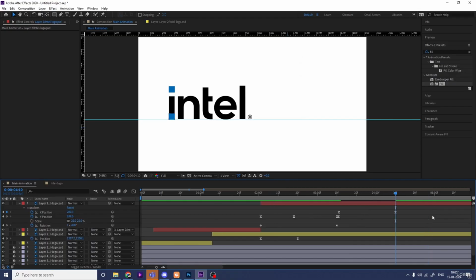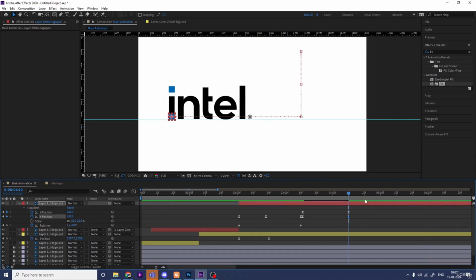Okay, then create one keyframe at Y position, go a few frames forward somewhere around over here, change the Y position like this and select those keyframes and hit F9